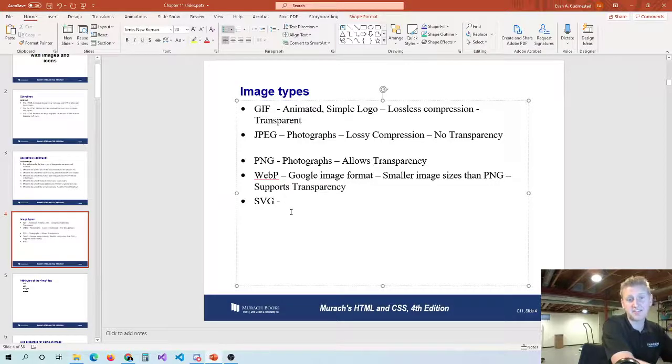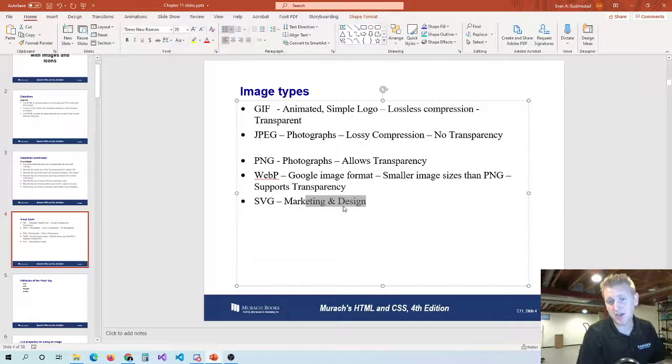Scalable vector graphics. Here's the thing about scalable vector graphics. If you're going to school to study design, particularly as part of a marketing degree, you're going to learn to design images, and that's not necessarily something that we do here. But if you're in marketing, one of the things that you need to market on is